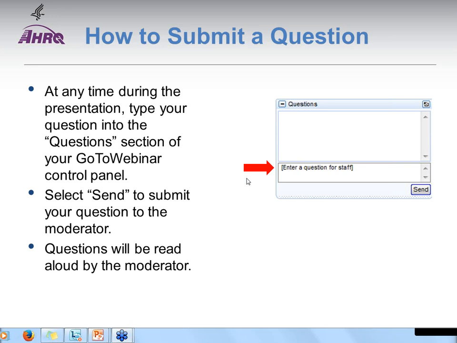So for each of these objectives, we crafted measures, questions that we asked in our survey. I wanted to tell you a little bit about who the respondents are, both for the survey and in our case study practices. As I mentioned, we were very interested in looking at how care coordination works and how health IT supports care coordination in different types of practices, because they have different patients, and they have different arrangements in their community. So for our survey, we actually stratified our sampling frame by type of practice, which included community